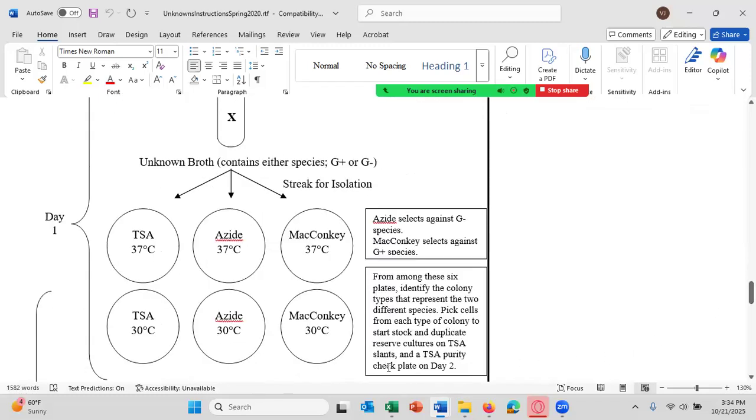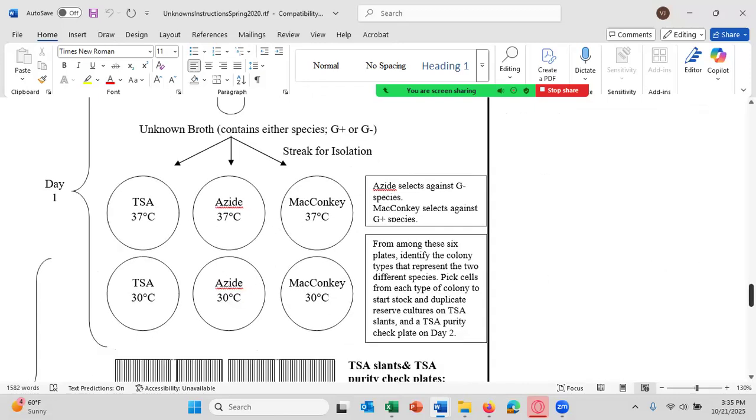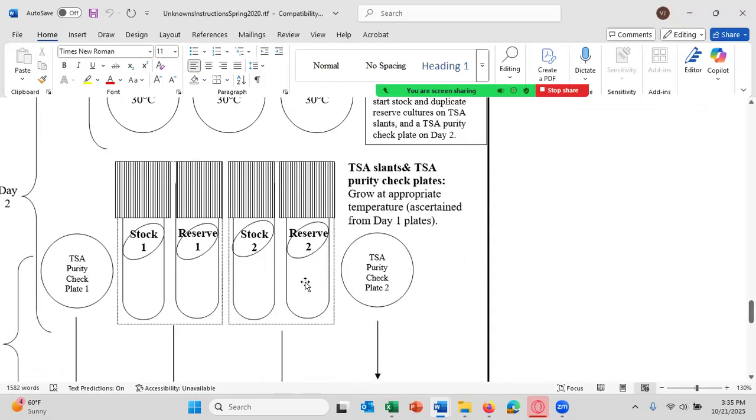You do not need to go through this, but in the lab, we would give you a tube that had 2 species in it. We decided for the unknown project when we went online after COVID-19 to just give you a number which represents only 1 species. So you can go through this where you pretend to isolate the species, streaking it out on plates, streaking it out 2 times, and then setting up your stock culture, and then pretending you use your stock culture to set up each of your test requests.